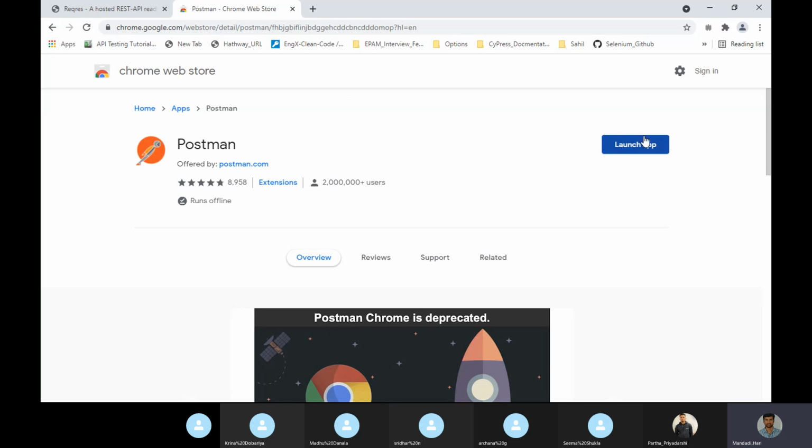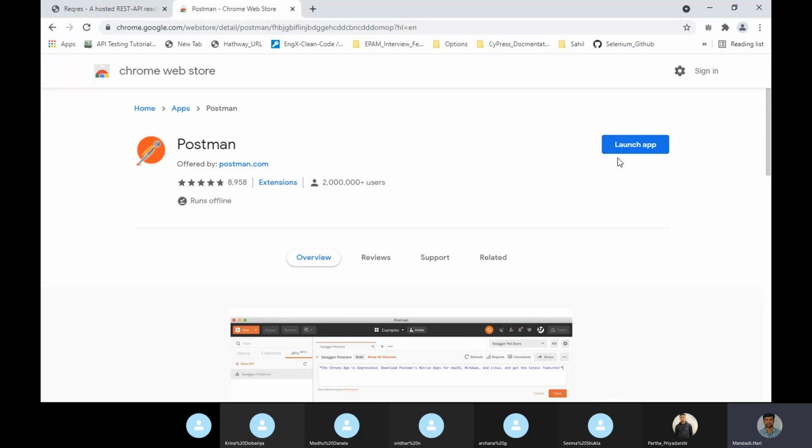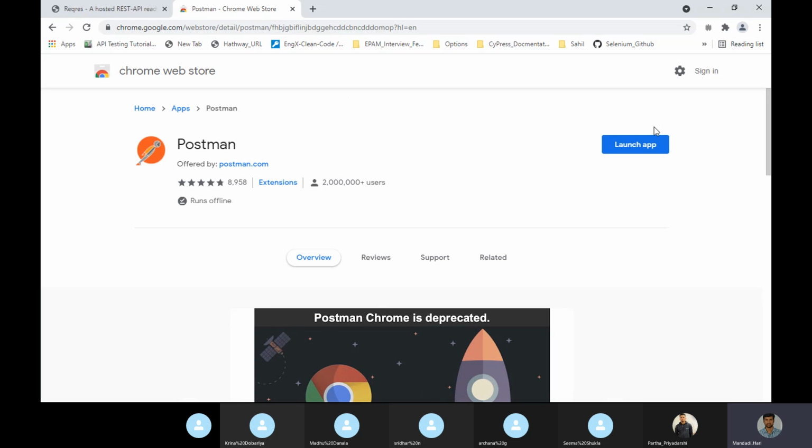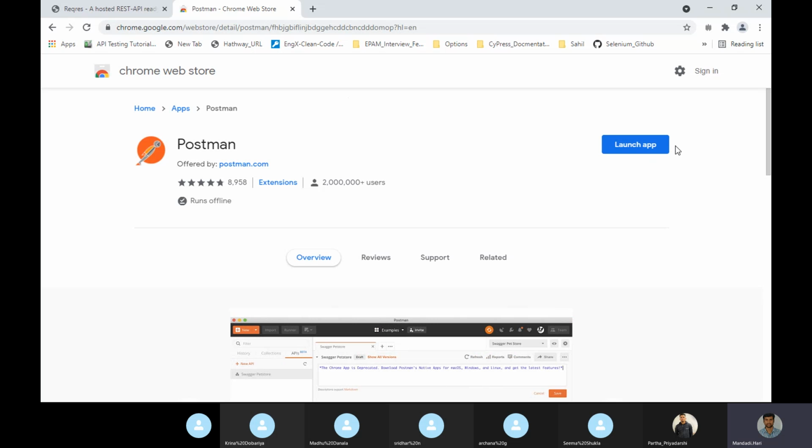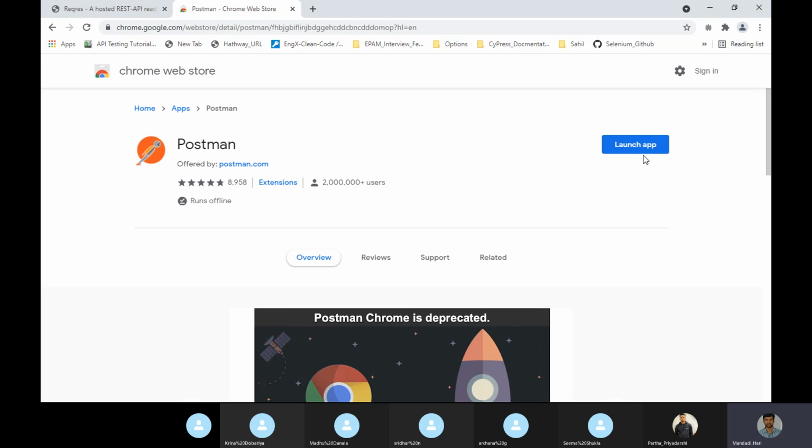This is a Chrome browser add-on, a Chrome browser extension. If you are doing it the first time, you will get install or add. Click install app. Once it is done, I will get Launch App.